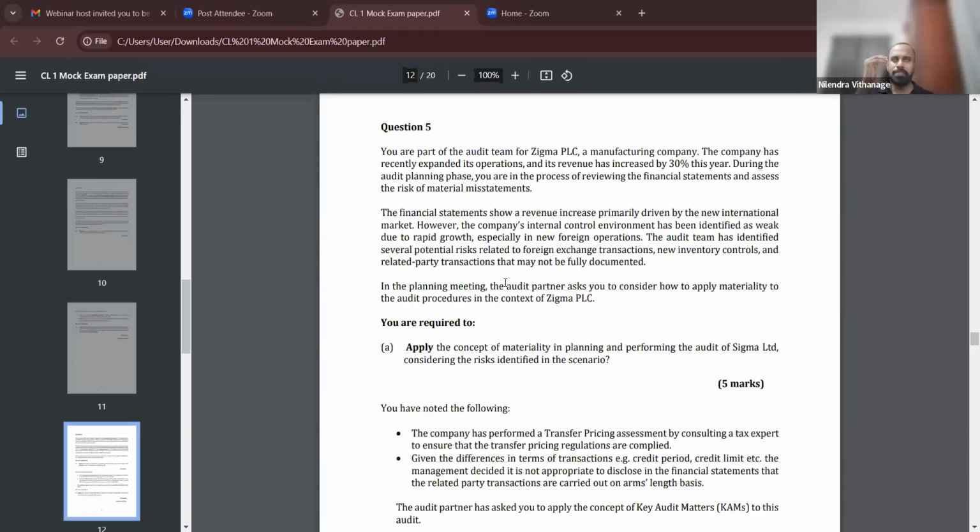Risk of material misstatements with regard to revenue is high. Say that. If the risk of material misstatements on revenue is high, audit risk is high, because we know audit risk is a multiplication of inherent risk, control risk and detection risk. When the risk on revenue is high, audit risk is high, so you need to bring down the audit risk. One way of bringing down the audit risk is reducing the level of planning and performance materiality.